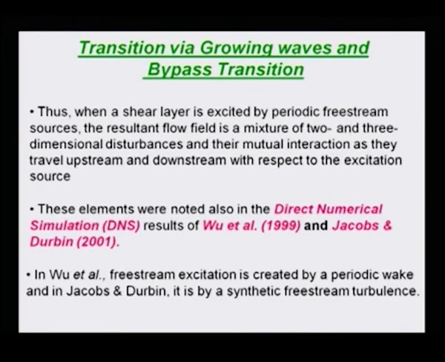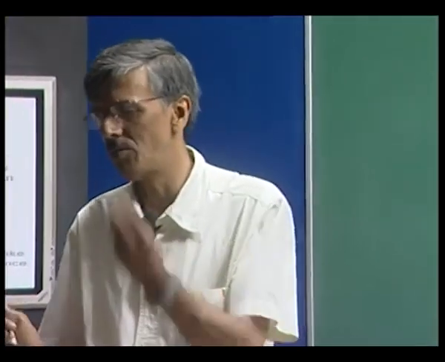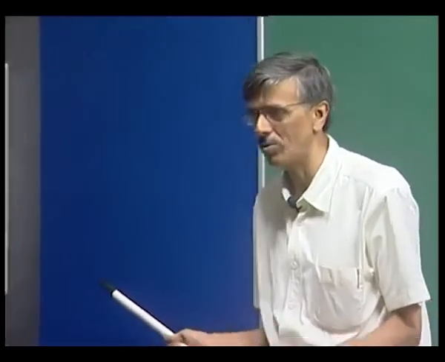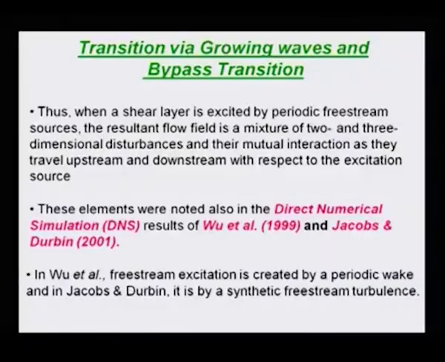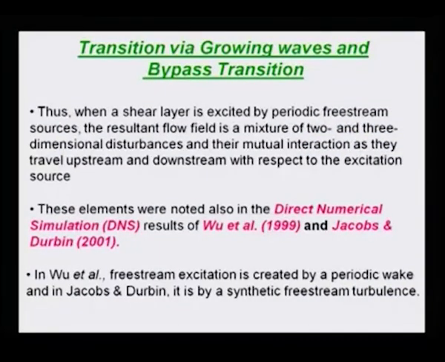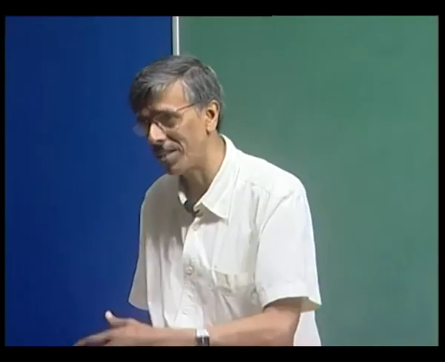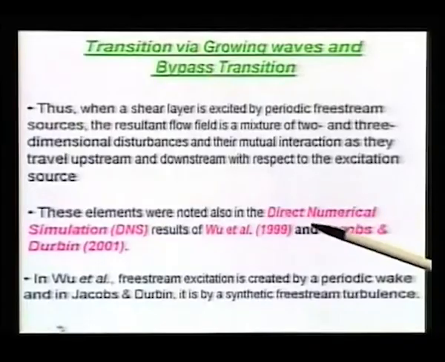Now, what we are talking about is that we don't just talk about this synthetic lab scenario where we do this vibrating ribbon business. In actual flow, what will happen? The flow itself is not uniform flow. That contains all kinds of things. You have periodic vortices, you have aperiodic vortices, and if you have aperiodic vortices, then you can have an equivalent wall excitation, all kinds of things. So in the response field, what do you see?